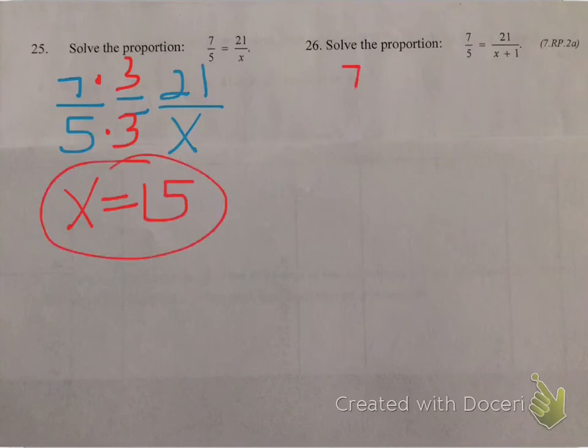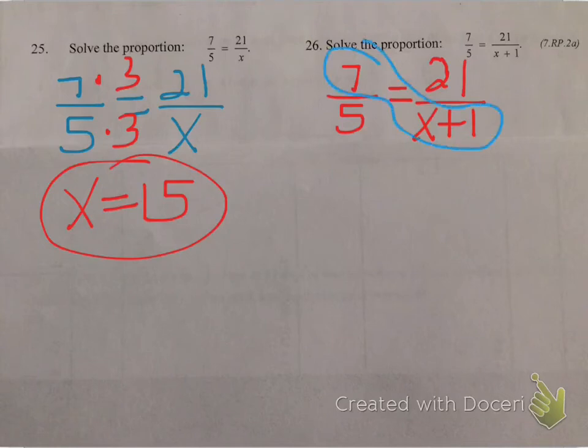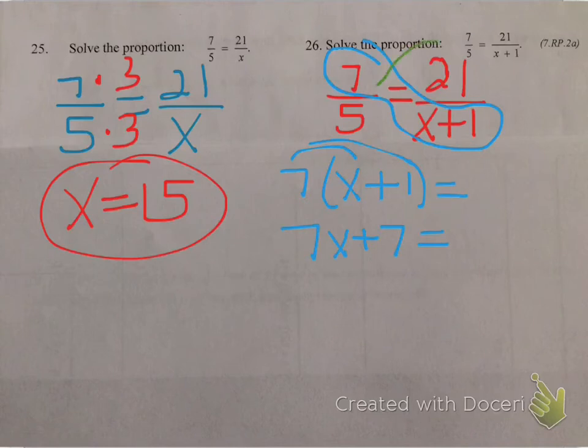Okay, on number 26, we have 7 over 5 equals 21 over x plus 1. You could do this a couple different ways, but cross product works well. And I'm going to multiply 7 times the quantity of x plus 1. And that you have to distribute. 7 times x is 7x. 7 times 1 is 7. And then you're going to multiply 21 times 5,